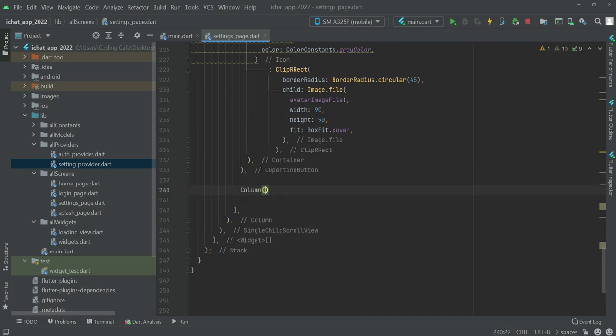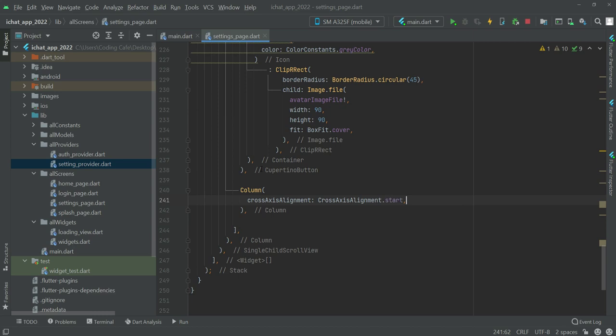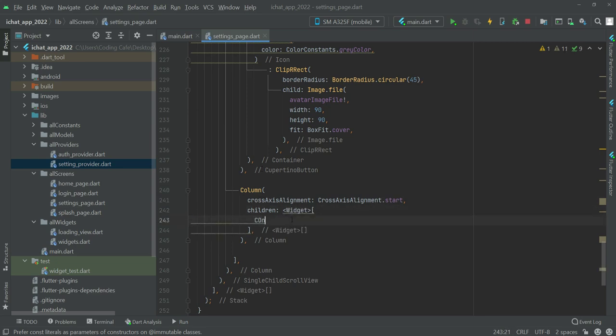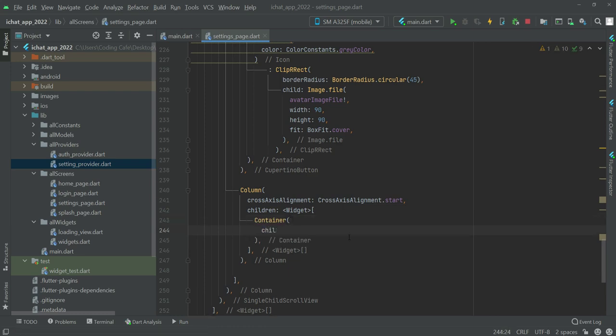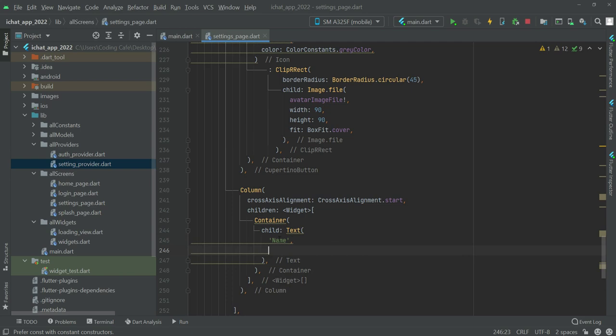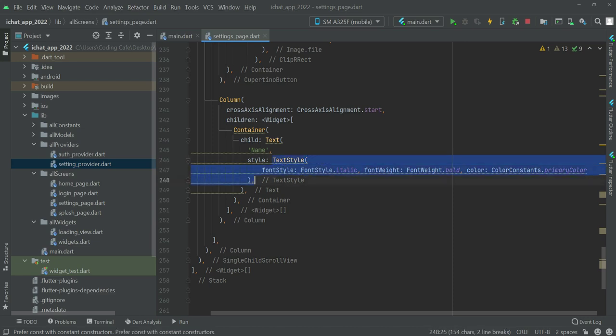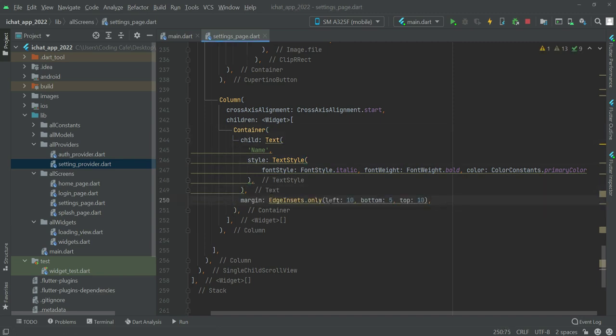let's add a column, and in here the cross-axis alignment will be dot start, then inside this children we will add a container, and inside this container let's add a child text. Let's add this name, and let's give it a style. So type style, then text style. The font family will be, font style will be italic, font weight will be bold, and the color will be consistent dot primary color. After this text, add a margin from the left 10, bottom 5, top 10,